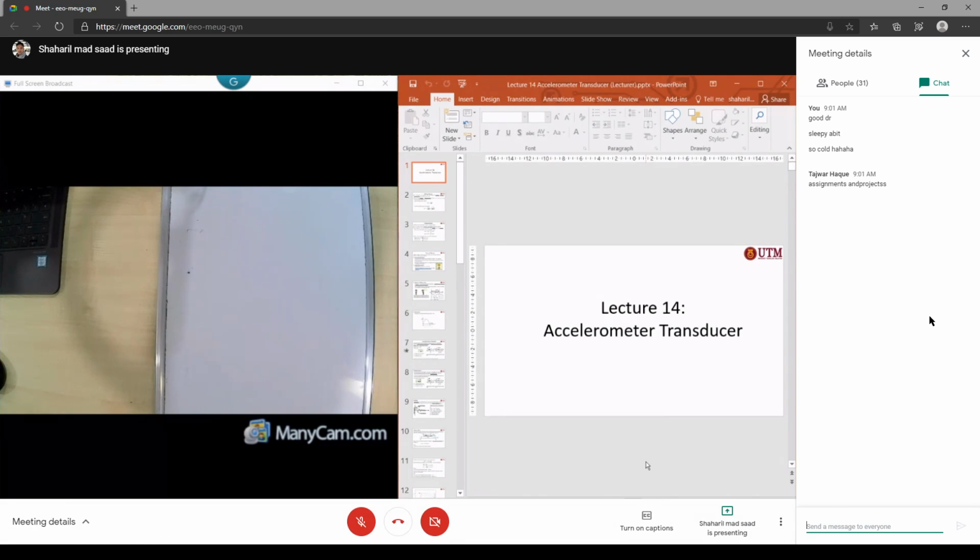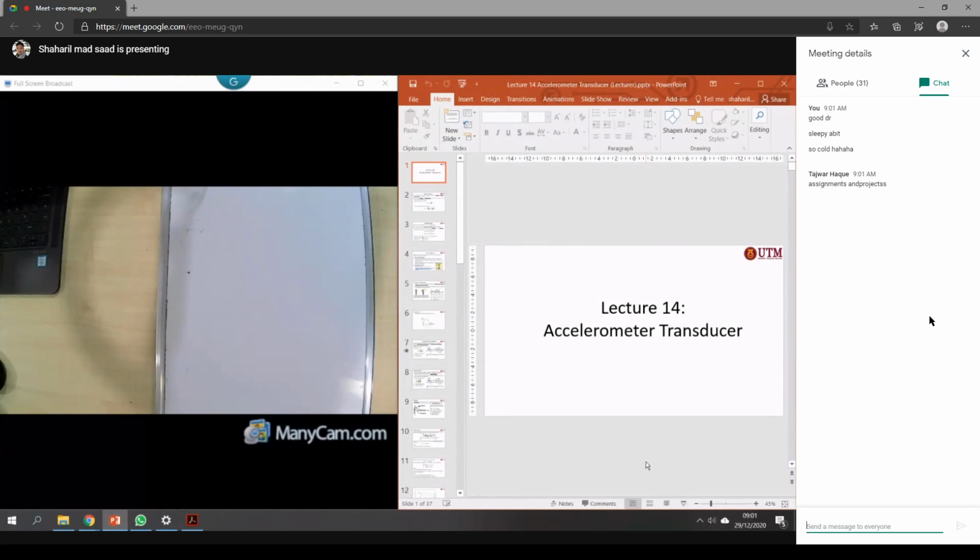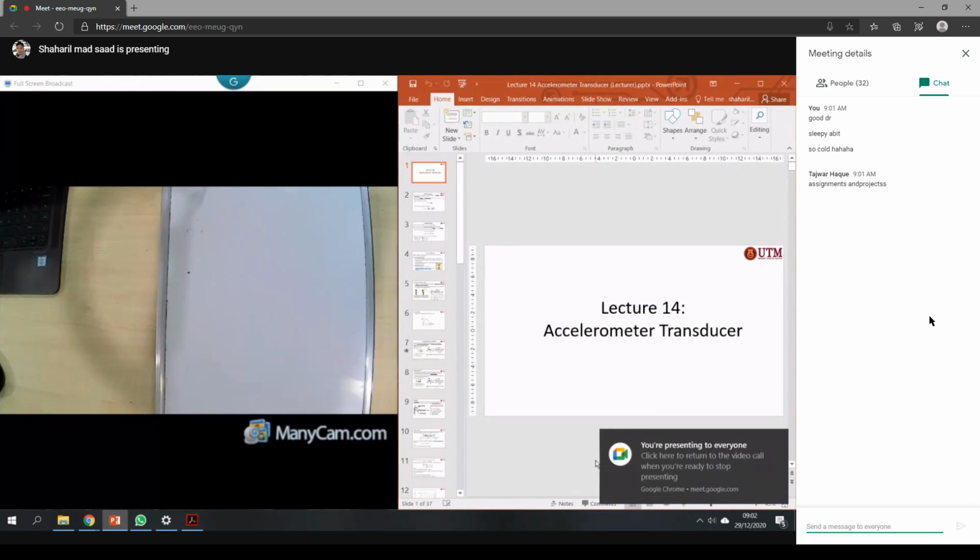All right. For today's class, what we will learn is the accelerometer transducer. For the next lecture, some of the topics I will skip, depending on the topics that will be covered for the test and also for the exam. All right. An accelerometer sensor or accelerometer transducer is actually used to measure the